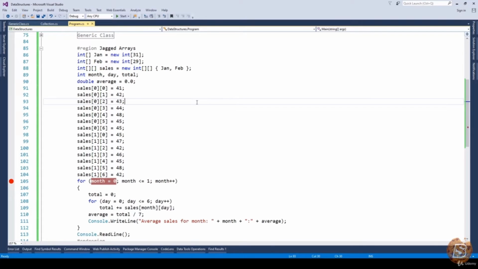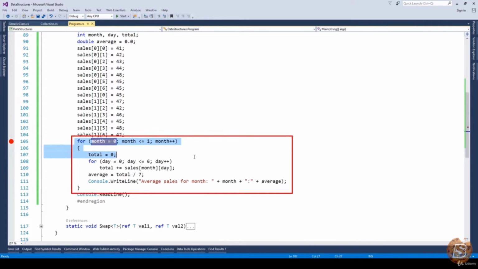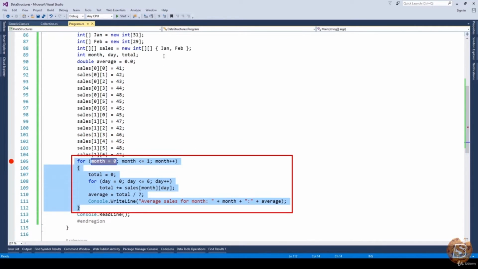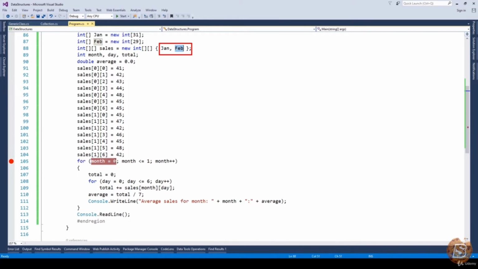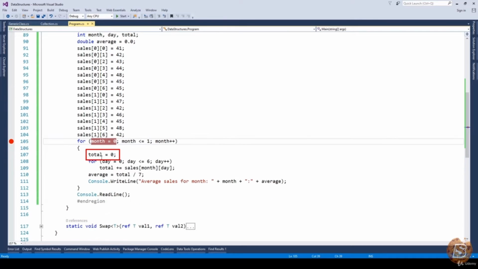Now what we are doing is, when these arrays are initialized, for the first week of each month, we are targeting the sales. So here you can see from 0 to 6 for the Jan month and from 0 to 6 for the month of Feb, we are assigning the total number of sales that happened. And here we are looping through each month, so we know that there are only 2 months. That's why we are looping from 0 to less than or equal to 1,